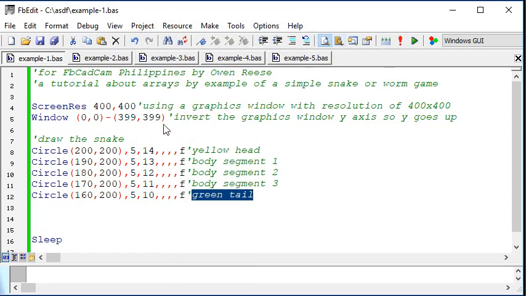There are no variables in this first example, and you can just see it draws at these specified x, y coordinates. So in example number 2,